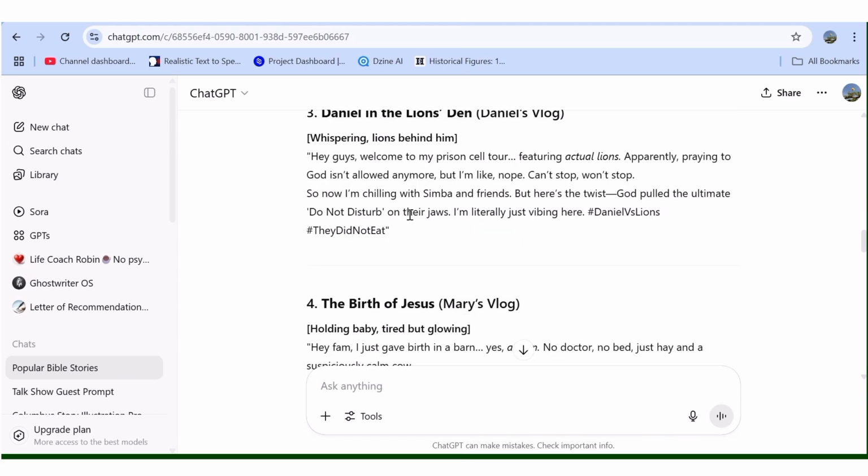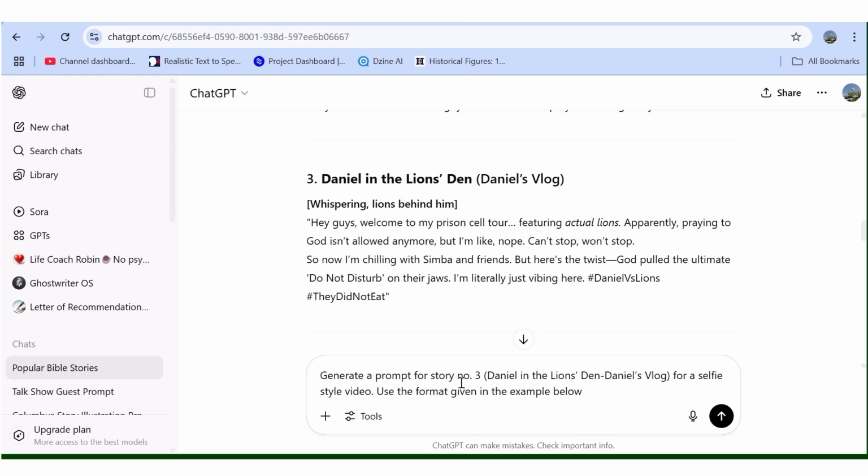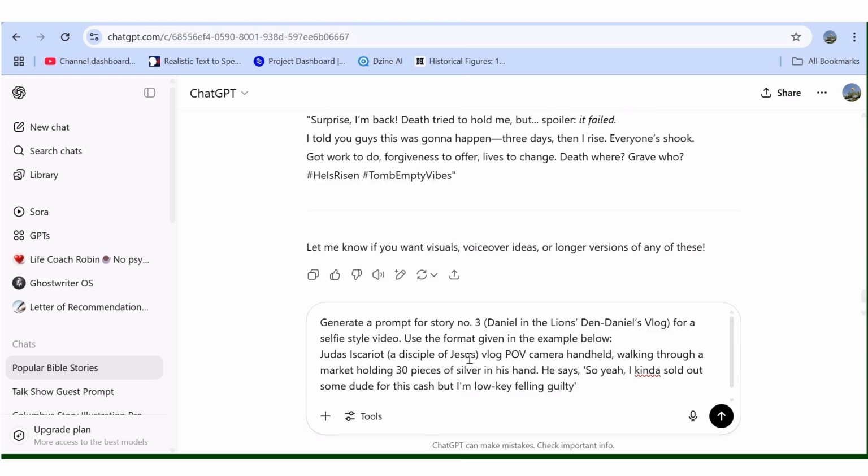So you can choose one script to turn into a prompt, or you can just do them all together. And by that I mean, let me just show you. So you're going to input this prompt right here. As you can see right here, we have requested a prompt for a specific story. If you want for all of them, just say generate a prompt for each of the stories above, and then